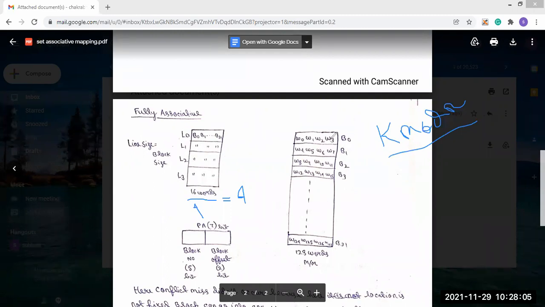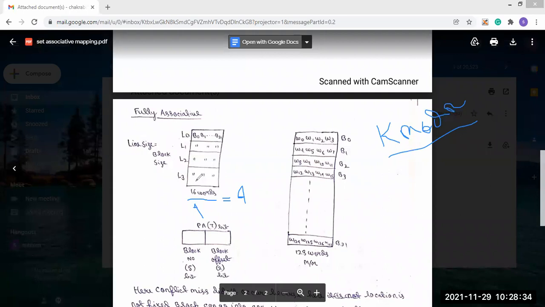That means block 0 can be present in line number 0, this block can be present in line number 1, this block can be present in line number 2, and this block can be present in line number 0 also. Same as that, b1 can be in line number 0, line number 1, line number 2, or line number 3. But in direct mapping, b1 should be present in line number 1, because if we use that formula